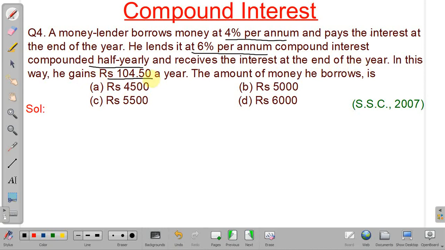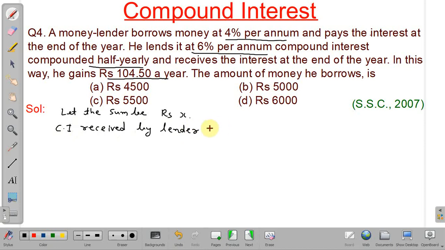So he gains rupees 104.50. So this gain will be equal to the interest received by him minus the interest paid by the lender. Okay. So the amount of money he borrowed is what we have to find. So we will assume the sum. Let the sum be rupees X. Okay. So we can calculate the compound interest received by the lender,